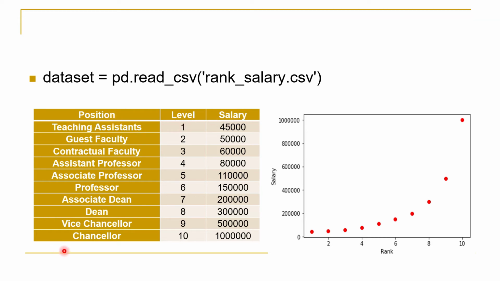There will be 10 records in this data frame. We will have the name of position in position column. The level has a numeric value from 1 to 10, while salary attribute indicates the value of salary. Here we wish to predict the salary with respect to level, and we want to make the prediction for level 7.5. It means normally an employee moves from one level to another level in 4 years.